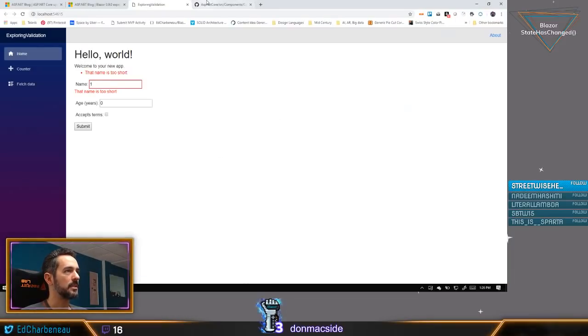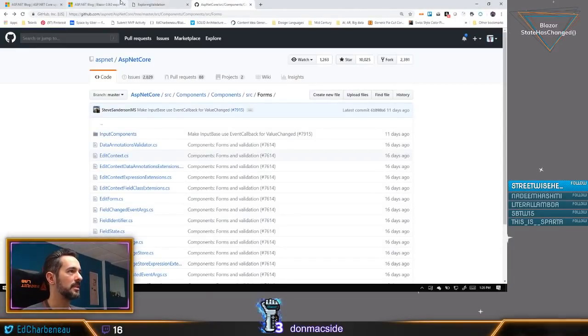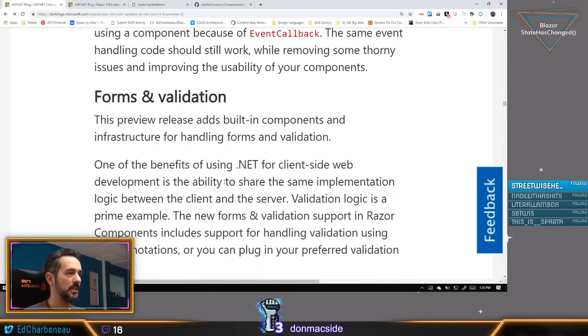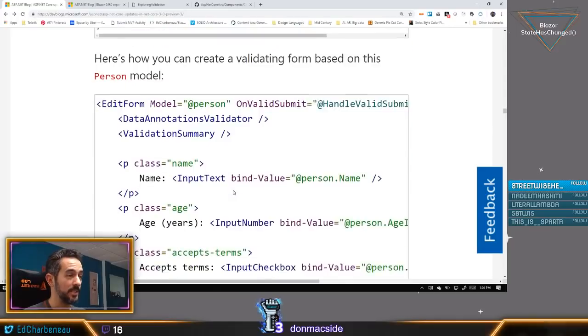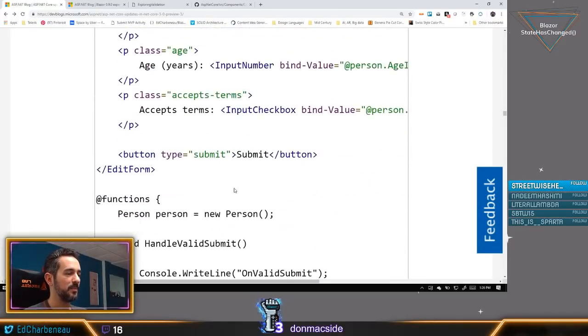Let's take a look at, I think we about covered validation in depth. Unless anybody has a question about validation I didn't try to cover. I think I may have gone a little